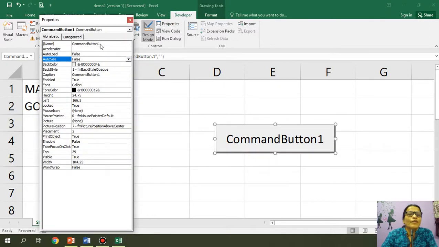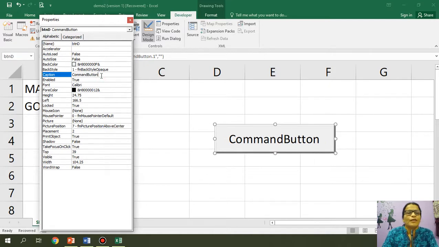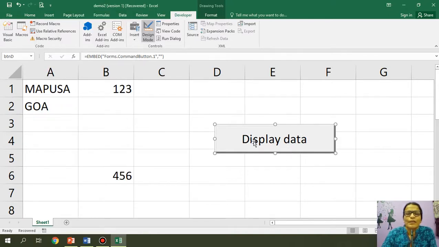So here I will say btn D, or display, I'll just say btn D, caption display data, and other formatting part if you want you can do. So right now I'll just keep it simple.